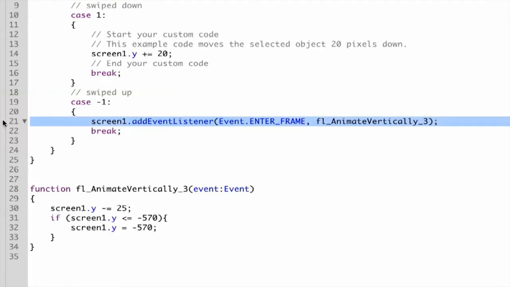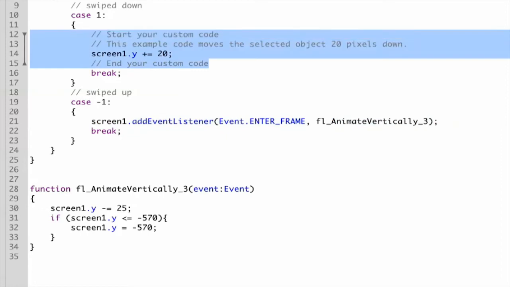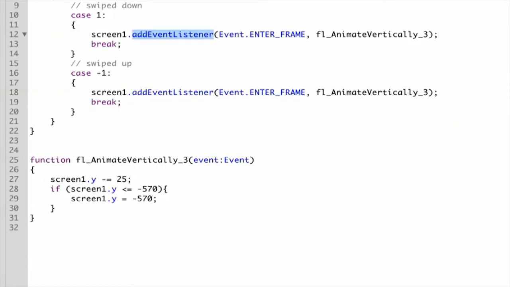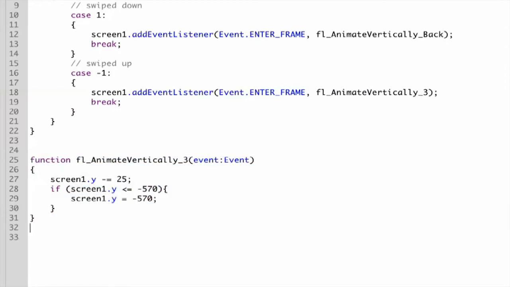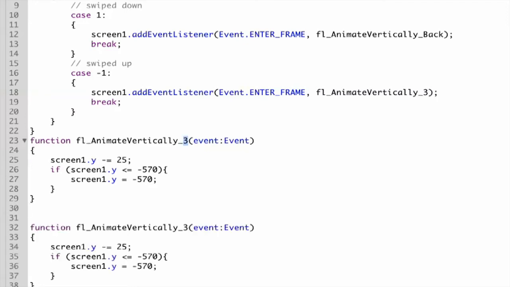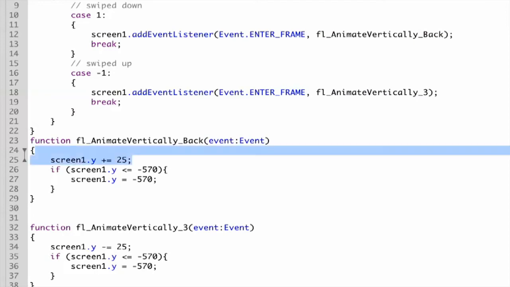So you've probably guessed exactly how I'm going to do this. I'm going to use that same event listener right here. I'm going to add it right here, add event listener, and I want it to animate vertically back to where it was. Okay, so I need to make a new function. Put it right here: animate vertically back. Make sure these function names are exactly the same. And I want to add 25 so it moves it down. So it adds 25 pixels,